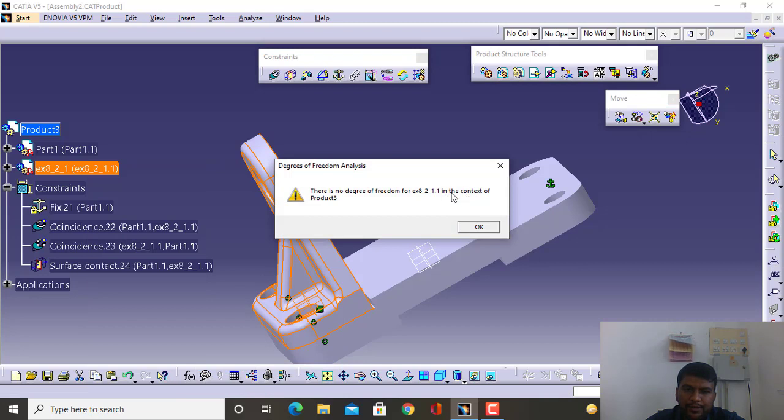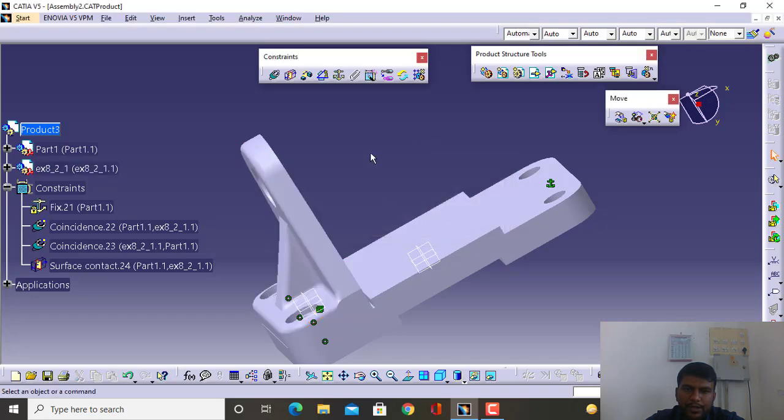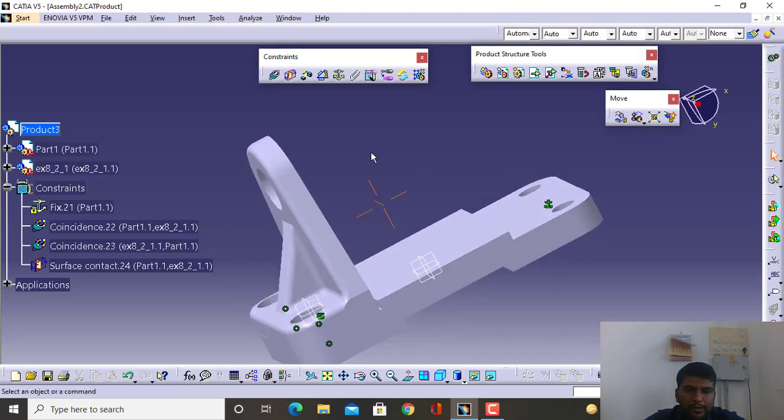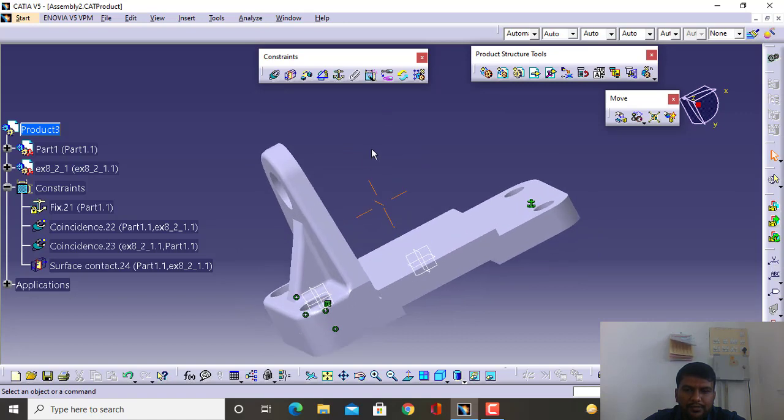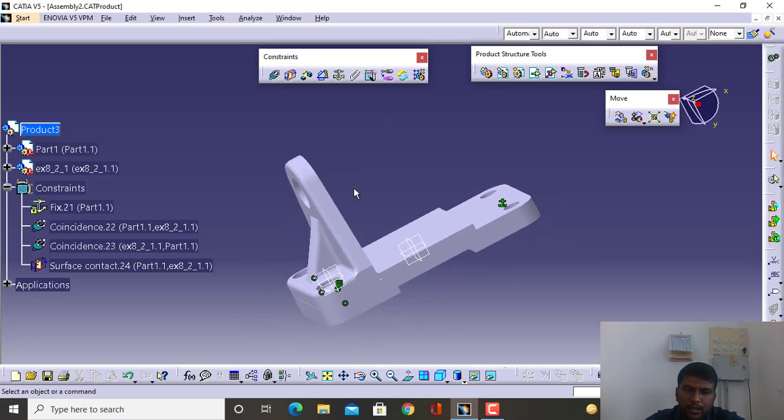It's going to show the component degree of freedom, and in this case it is going to be 0. Once you ensure the required degree of freedom, if there is a degree of freedom, then you need to provide that particular degree of freedom. Otherwise you can go with the 0 degree of freedom if there is no movement involved with that particular part.